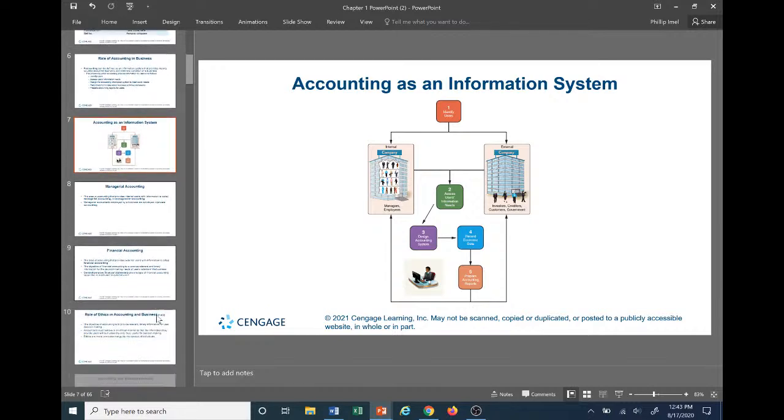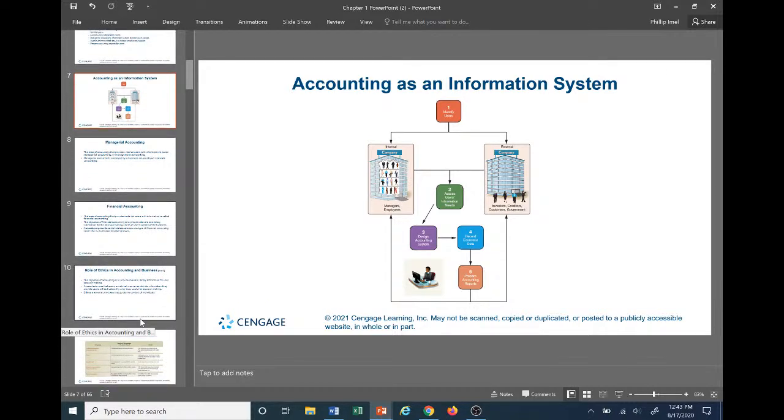So pretty much accounting can be used as an information system. That's pretty much what it is. We're relaying information to the users. So like we said, step one, as we can see up at the top here, we want to identify users, right? Usually you can group these users into two different groups. We'll have an internal set of users and an external set of users. The internal set of users is comprised of your managers and your employees. We're going to take this internal data and try to use it for the benefit of the company, to maybe become more efficient or produce better products or services. So that's internal information.